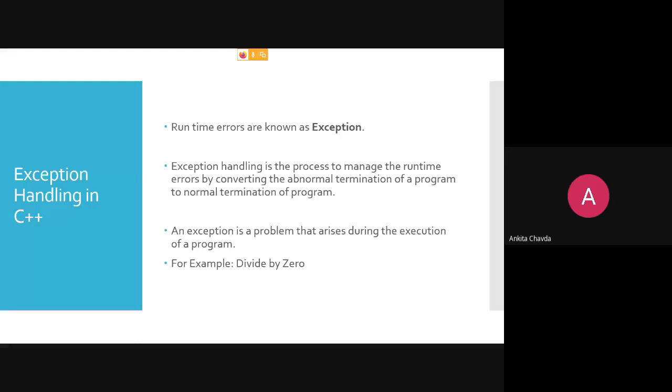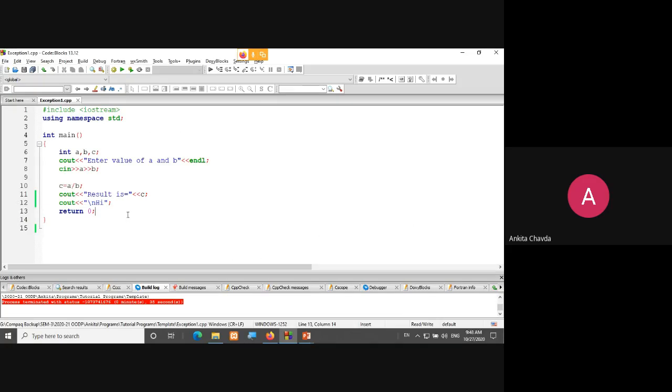Because many times my code would be around 500 lines, and suppose on the fifth line the user enters a value such that a runtime error occurs. Then the rest of the 495 statements won't run, that is for sure.